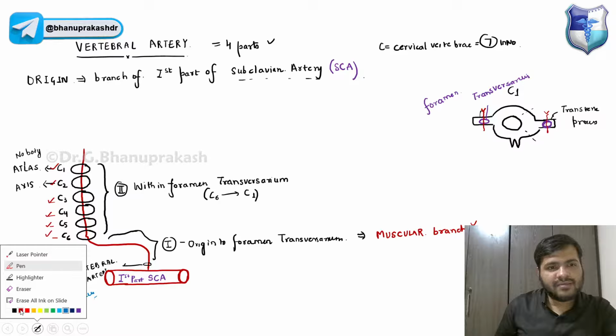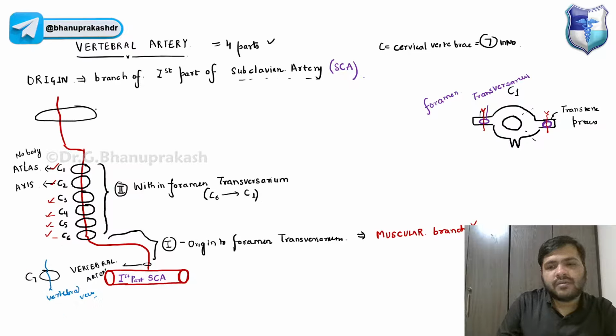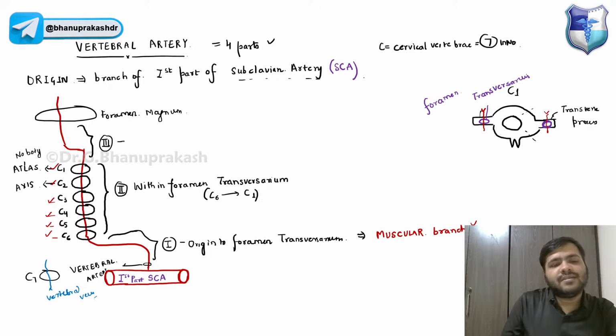Now, remember, guys, whenever this vertebral artery comes from the foramen transversarium and runs on the posterior arch of the atlas, then it will be going up to the foramen magnum over here, right? So this is the foramen magnum. Basically the third part, you can very well see this third part,